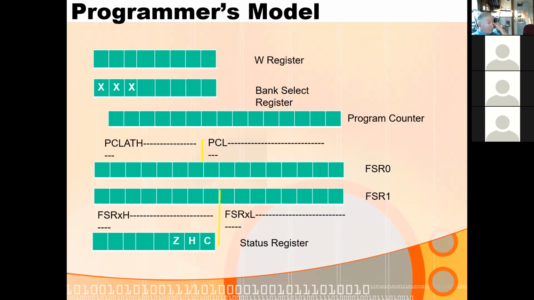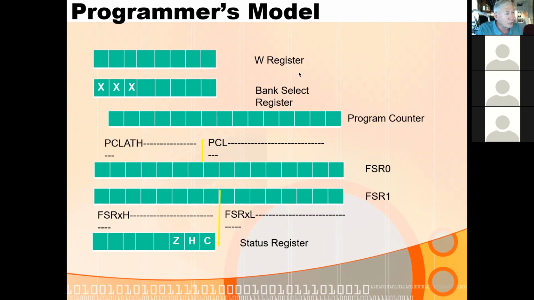Now, the bank select register, remember we said that there are only 12 bits available for addresses in your data memory. 5 of those bits are in the bank select register. So that's why the upper 3 bits are crossed out. They don't really exist. There's only 5 bits in this BSR. And the lower 7 bits always show up in your actual instruction. So when you execute an instruction, the lower 7 bits of the address of, say, some memory location you're referencing or a special function register you're referencing, those lower 7 bits will be in the instruction, and the upper 5 bits will be in the bank select